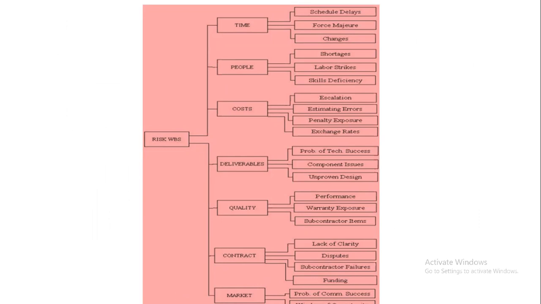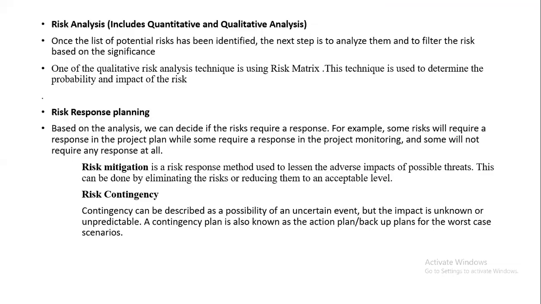We know all these things, but whenever you are accepting a project, you may miss some of the points if you are not putting them in a structure. But when you take it as a breakdown structure, by seeing that itself, you can identify, okay, in this project, maybe at this cost, these many risks may come. So based on that, you can decide whether you want to go further with that project, or whether you want to modify some functionality, or whether you want to drop it. Okay. So for this, we'll use the structure.